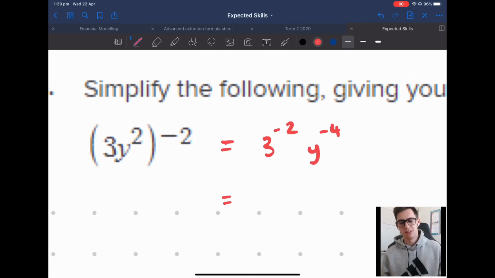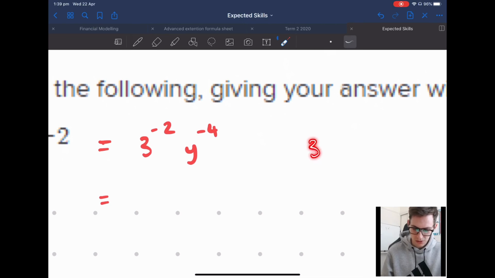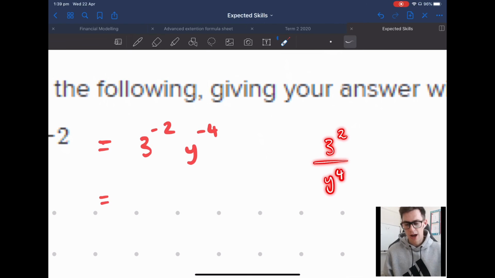Now, a couple of things to notice here. They're both unhappy because they're both in the wrong spot. If I had 3 squared, y to the minus 4, that 3 squared would stay on top, and y to the 4